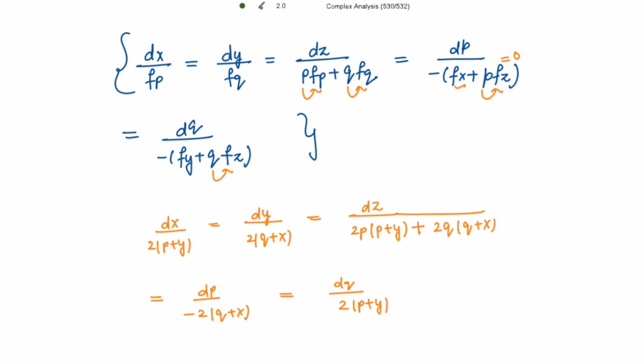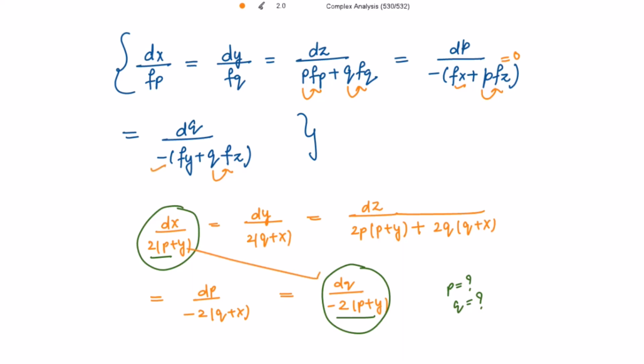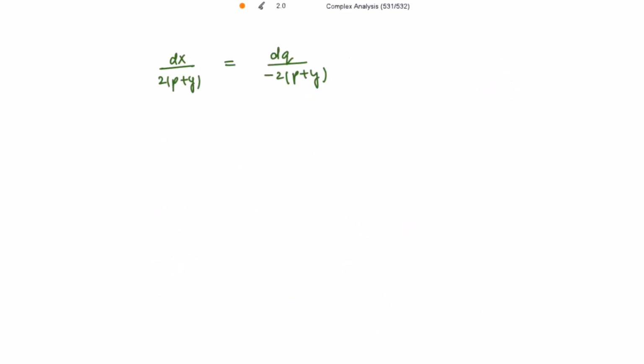And now we need to choose the ratios which are easier to solve, so that we can get the value of p and q, or the relationship between p and q. So let me choose the first and the last ratio. I'm having the same denominators here. There is also a negative sign because of this, right? So when choosing these two ratios, 2(p + y) cancelled out with this, right? So these two cancelled out, and we are getting